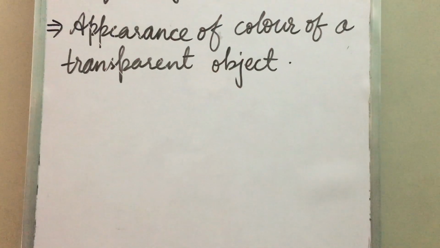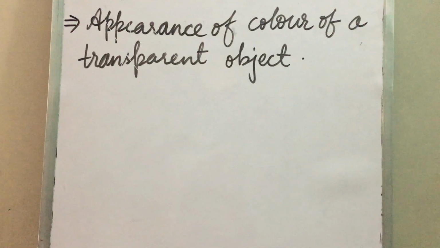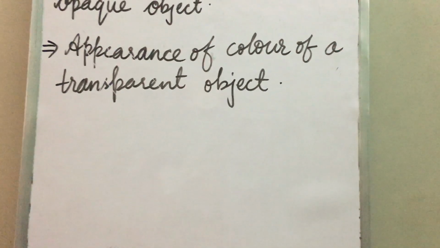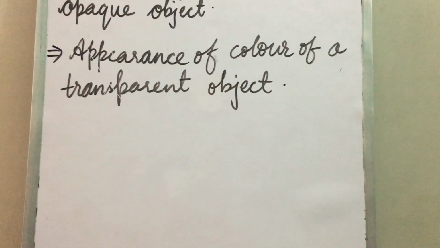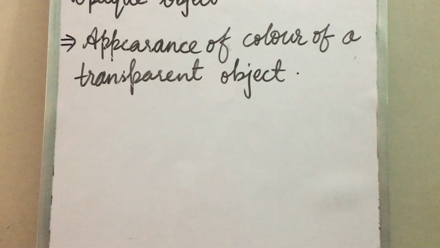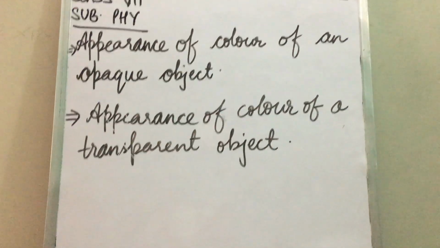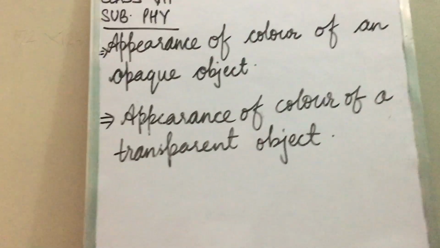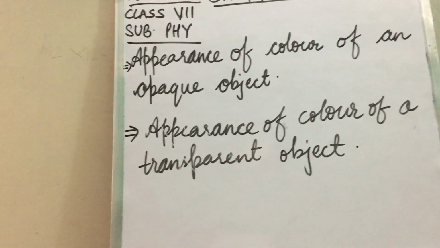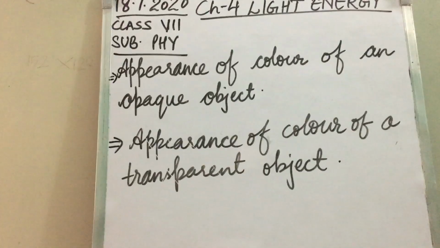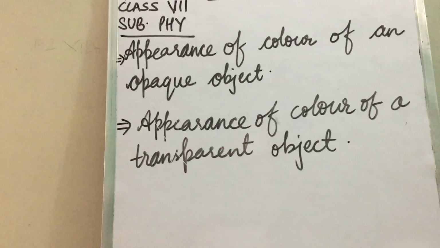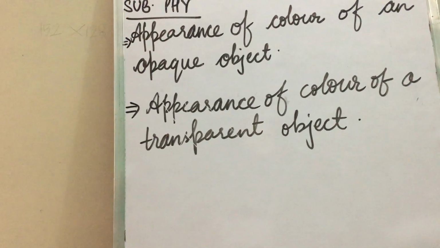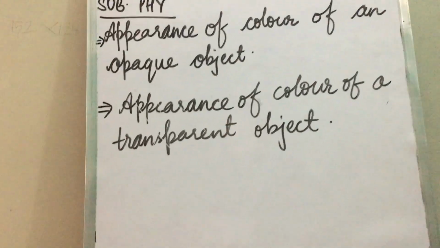Now I will explain a few of the important results of this color subtraction process. If an opaque object reflects all the colors of white light and does not absorb any color, then what light is seen? The opaque object will be seen as white because it has not absorbed any color. It has reflected all the colors, so all the colors will make white again. That's why a piece of white sheet or white cloth appears white, because it reflects light of all the colors.